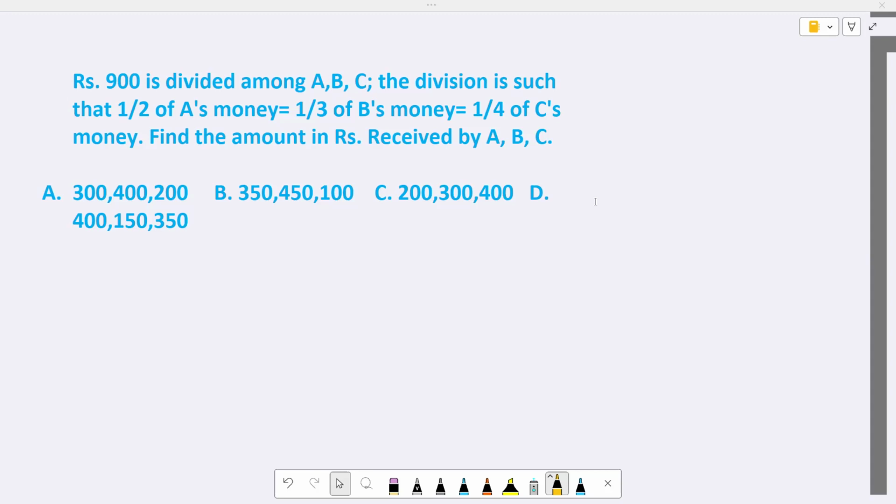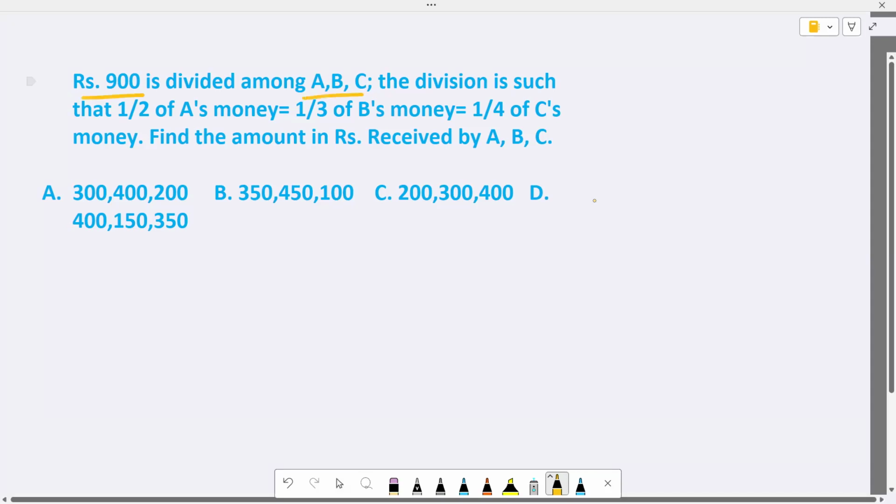So the questions that we'll be dealing with today are in relation to the topic of ratio and proportion. And these two questions will help us to have a much better understanding of ratio and what the questions are asking us. So starting with the first question, this question says that rupees 900 is divided among A, B, and